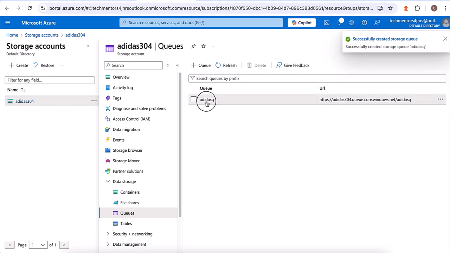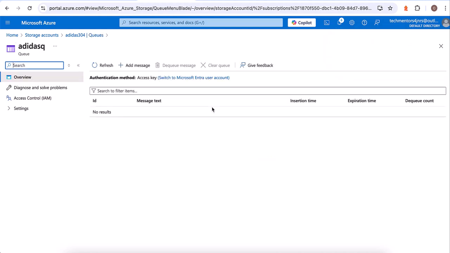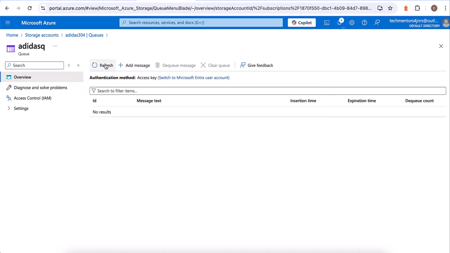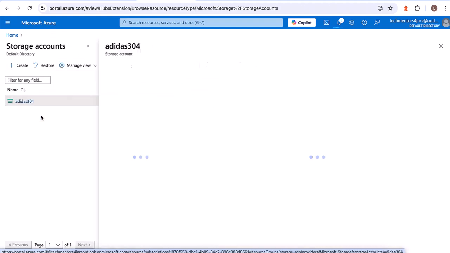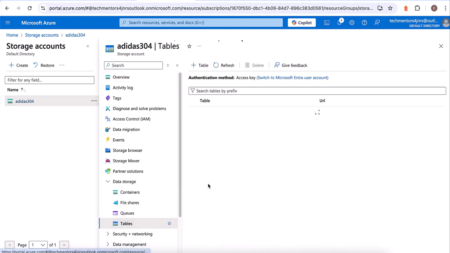So you can see that. So you can click on add message to add your message and do other configurations as well. So that's for queues.